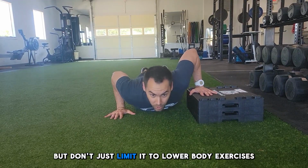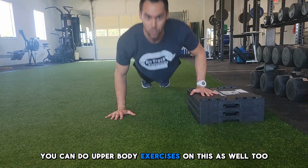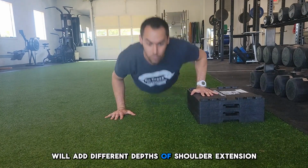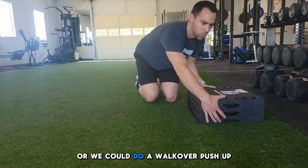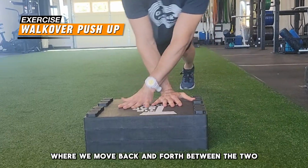But don't just limit it to lower body exercises. You can do upper body exercises on this as well too. Offsetting your hands will add different depths of shoulder extension that you have to go through, which makes the exercise more challenging. Or we could do a walkover push-up where we move